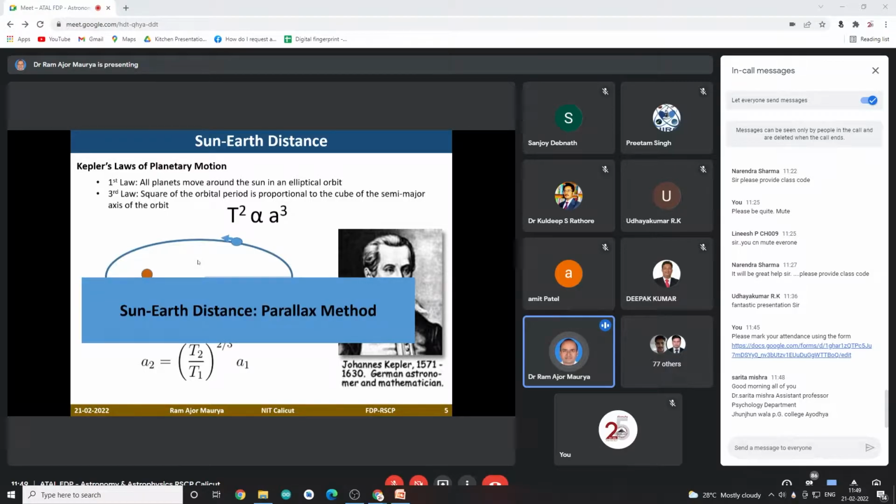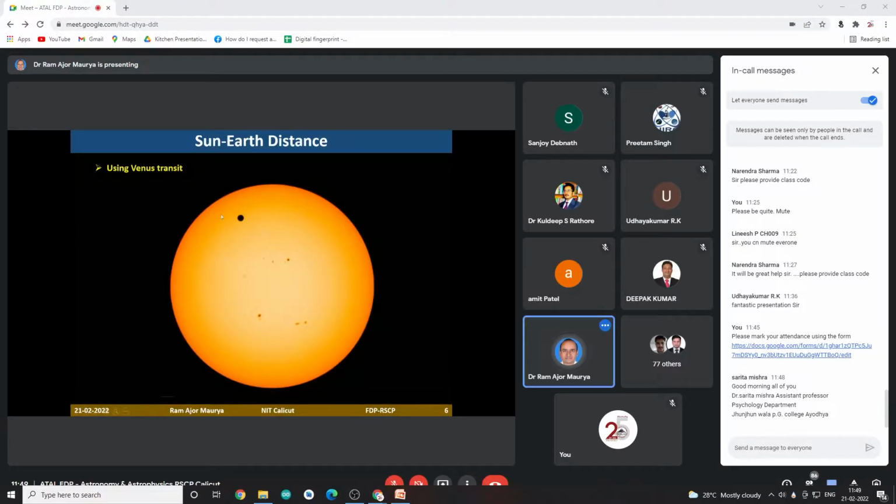Another method we can use to find the Sun-Earth distance is called the Parallax Method. Here we have a transit of Venus on the solar surface. In the background we have the Sun, and we can see Venus transiting. If you observe this event from two different places on the Earth,